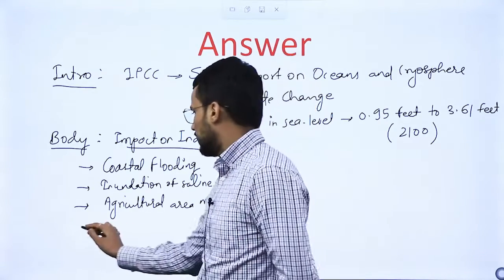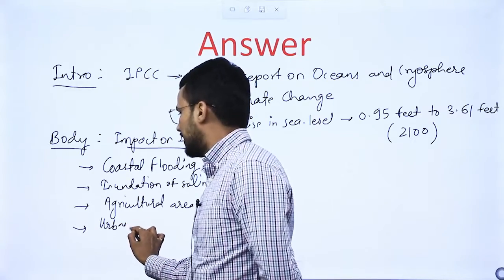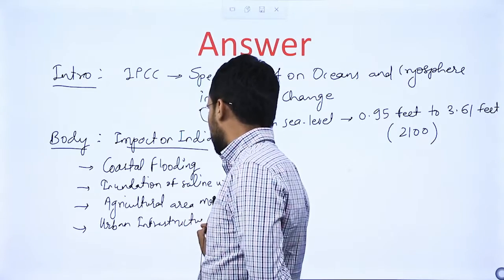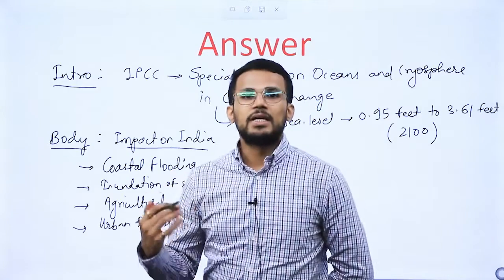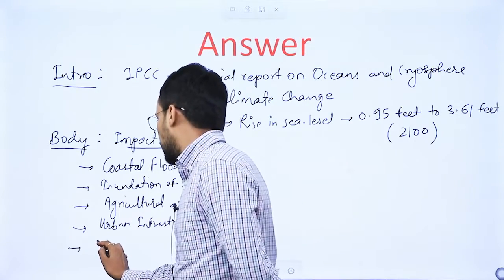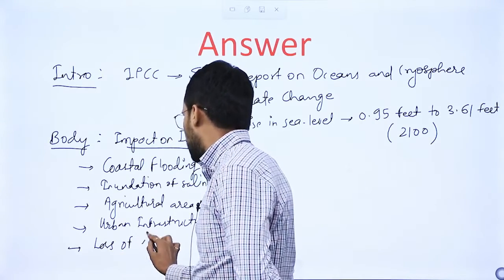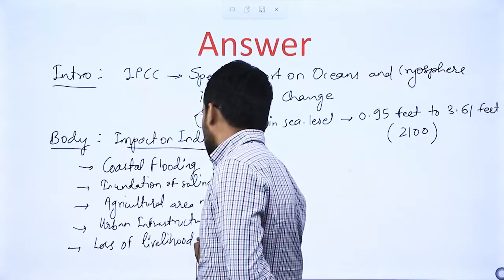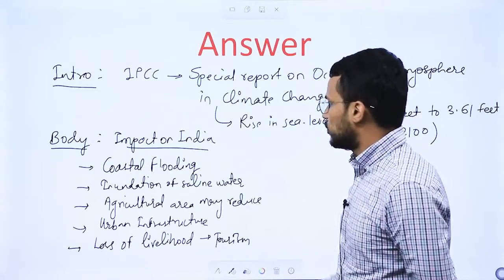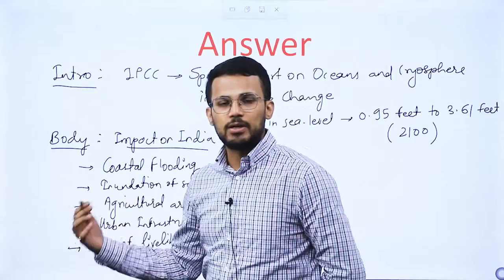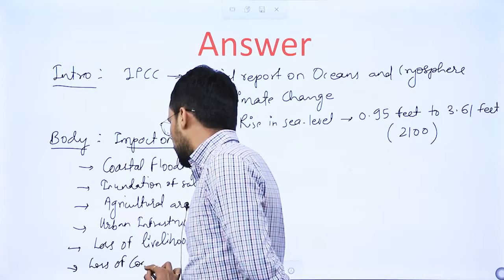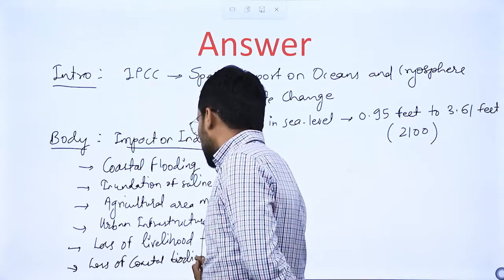Similarly, urban infrastructure, especially in cities like Mumbai, Chennai, etc., will be affected. And they say that by 2050, almost 30% of the area of Mumbai will be inundated by water. So, land area will reduce in Mumbai by 2050. Then we can even talk about loss of livelihood in the form of tourism, because coastal tourism will reduce because of coastal flooding instances, right. So, these are some of the impacts that we can highlight. There may even be loss of coastal biodiversity. So, these kinds of impacts we can highlight